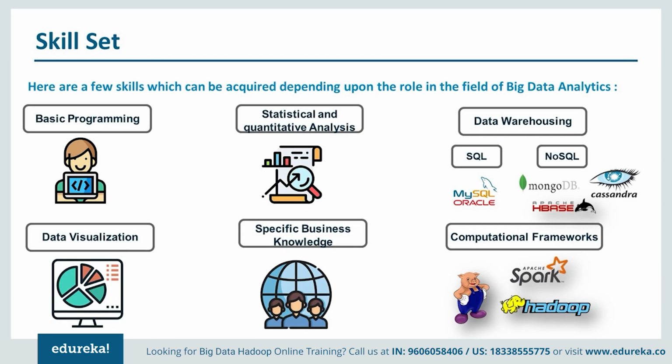The last skill set that I've mentioned over here is computational frameworks. Out of the tools that we discussed in the previous section, one is expected to know at least one or more. So if you know Apache Spark, Hadoop, Pig, again that depends on the job role that you're going to play. It is important that you are aware of at least one or more tools required for big data analytics, and one or two such computational frameworks, because it is going to, of course, help you, and you will have basic knowledge about how these tools are used for analyzing the data.